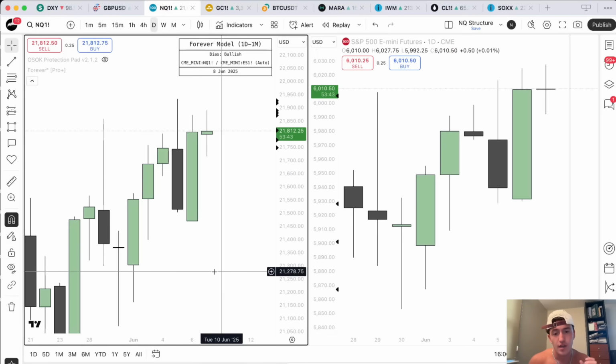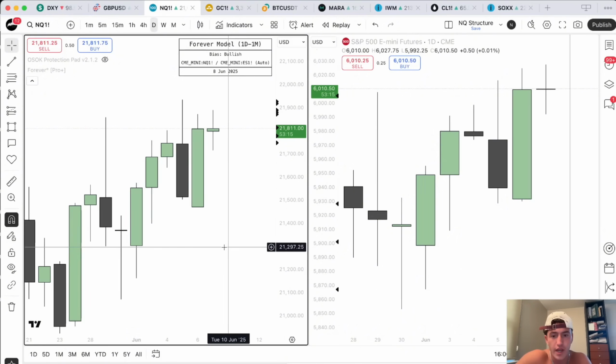SMT divergence. Now, going into this new week, it is CPI on Wednesday, so I went into today honestly treading with caution, you could say that. But I want to do this. This is going to be completely raw cut, no edits, nothing crazy. I just wanted to explain the logic behind the trade so you guys can understand what made me go into the markets today with that mindset.